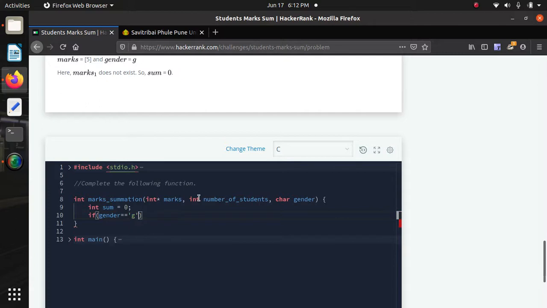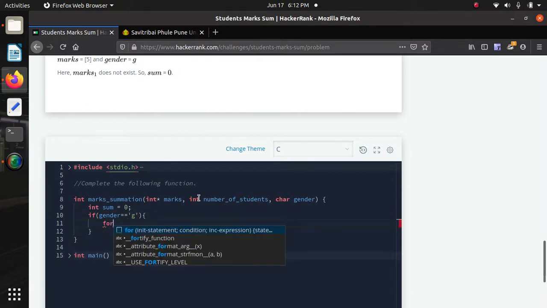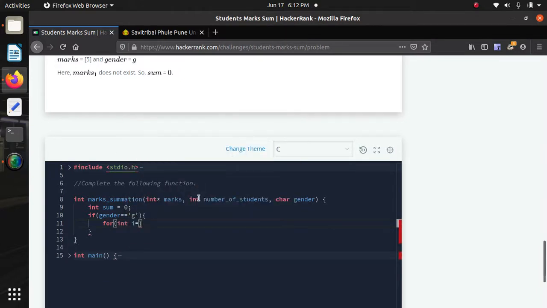If the gender is G, then we have to run a for loop from i equals 1, since we are receiving G, so we have to start from 1. Then i is less than the number of students, and i plus equals 2.